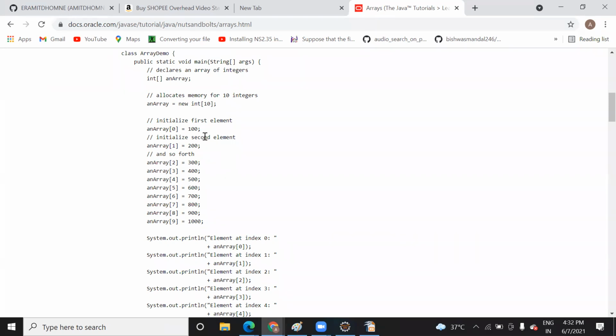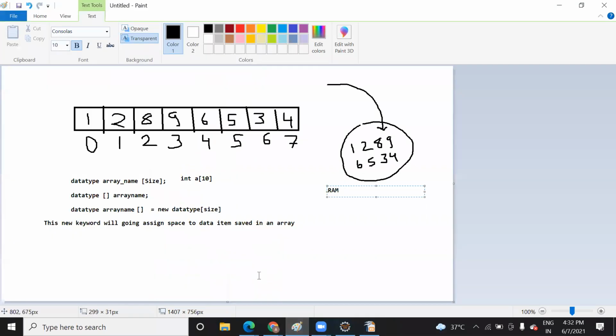I'm talking about RAM. When I say memory, it means RAM. When I say storage, then it means the hard disk. You know the difference between those two, right? Yeah, I do.